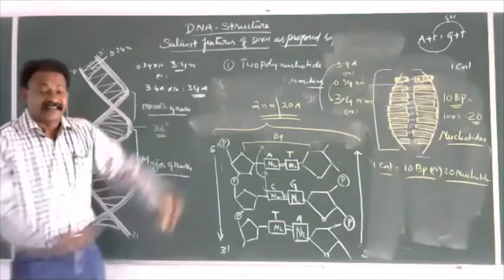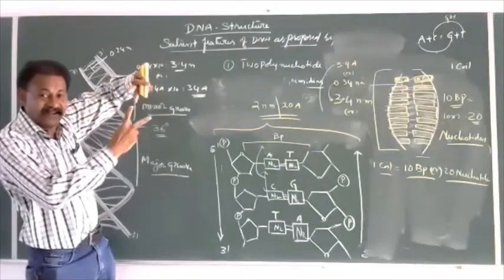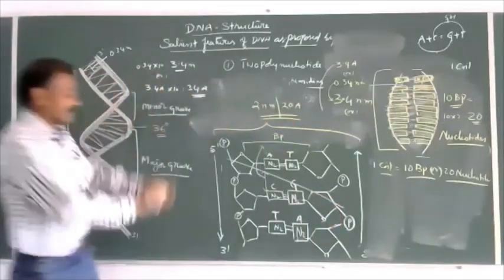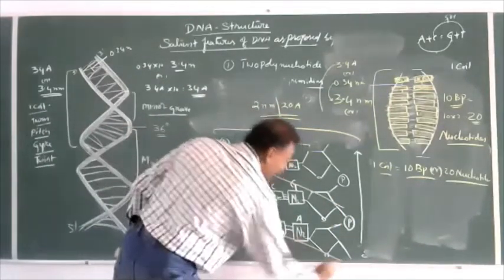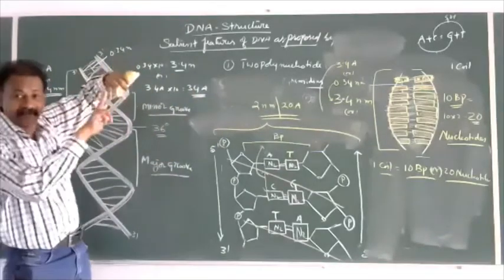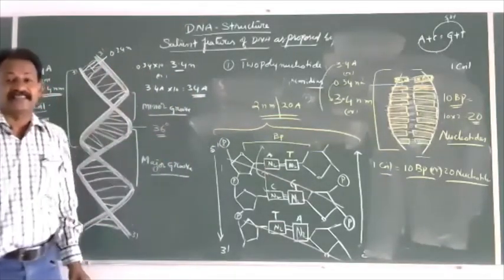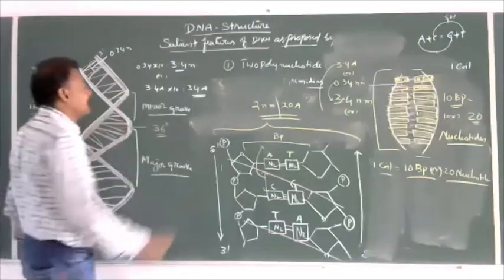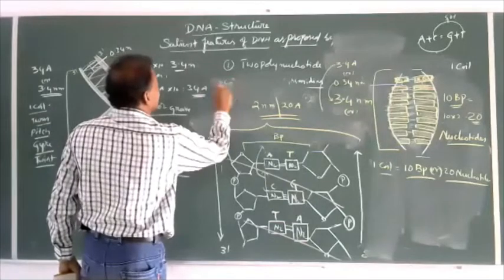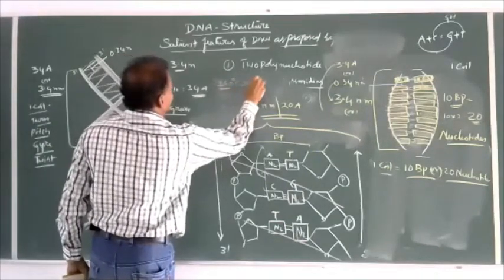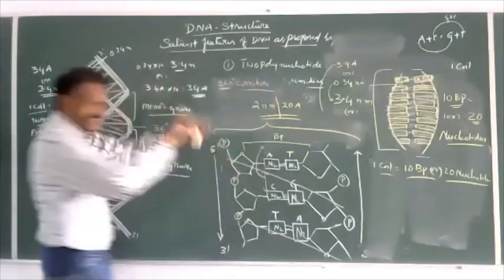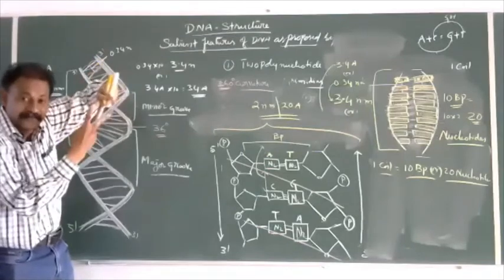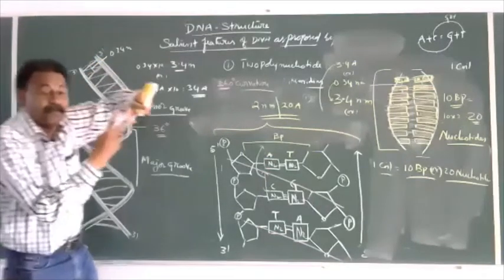The twist between two pairs, from here to here, makes a curvature of 36 degrees. So there are 10 base pairs, 36 into 10, 360 degrees of curvature. Because of this 36 degrees of curvature, by the twisting, the complementary base pairs which are existing with hydrogen bonds